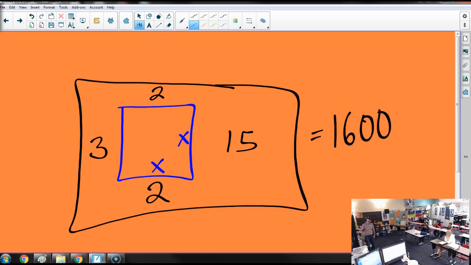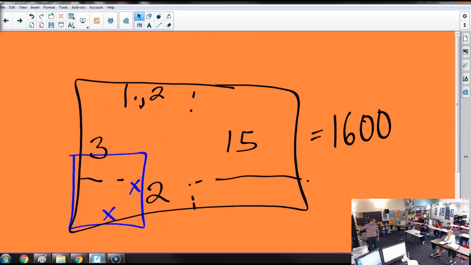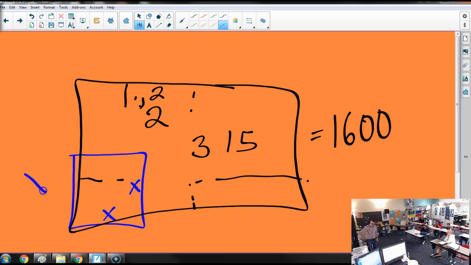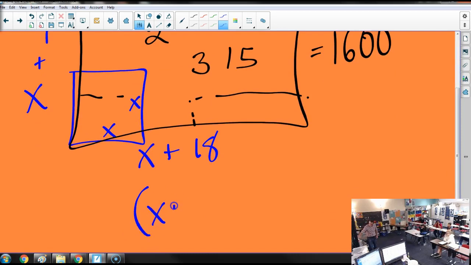I can actually scoot my x over, right? I could put my x squared down here. I could move all these dimensions. So this 3 would join with the 15, the 2 would join with the 2. And what I really have is x plus 4 and x plus 18. If I move some stuff around and just look at the area. What I could then solve is at what x value